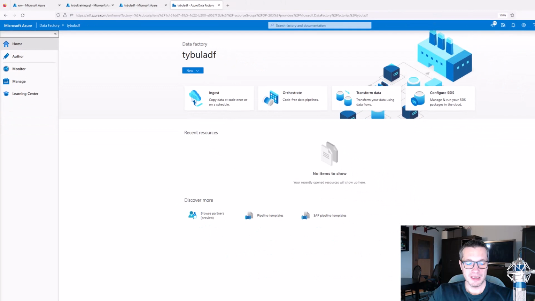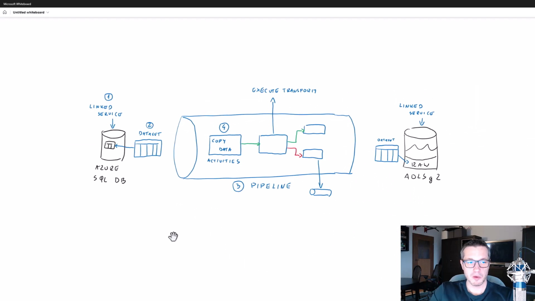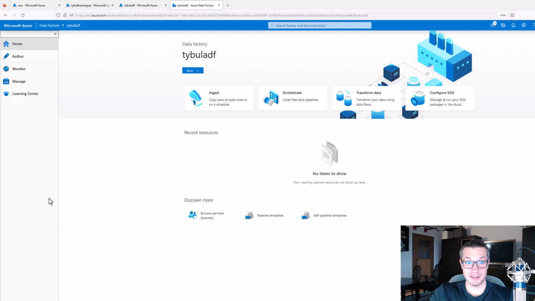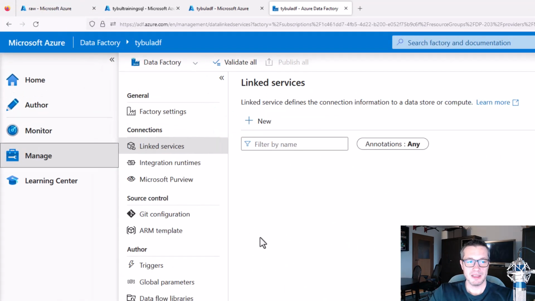All right, and the first thing in our diagram was to create those linked services, those connection strings. So let's do this. And actually, to create linked services, we have to jump into this Manage tab. And here, under Connections, you should see this linked service option. So let me create a brand new